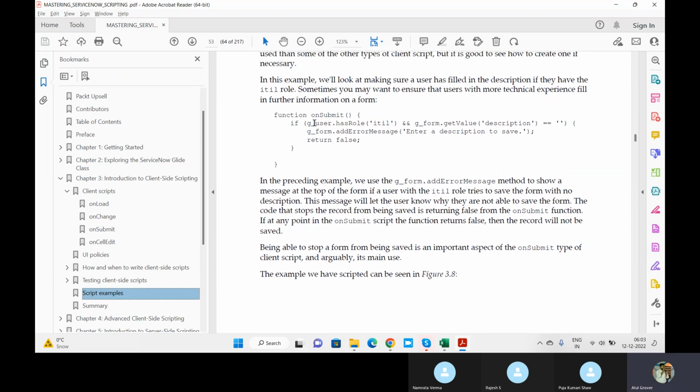What it's saying, g_user, because it is client side, so I have to use g_user.hasRole ITIL and g_form.getValue description is equal to blank. Then show the message. Show the message that enter a description to save. So if I write only this thing,